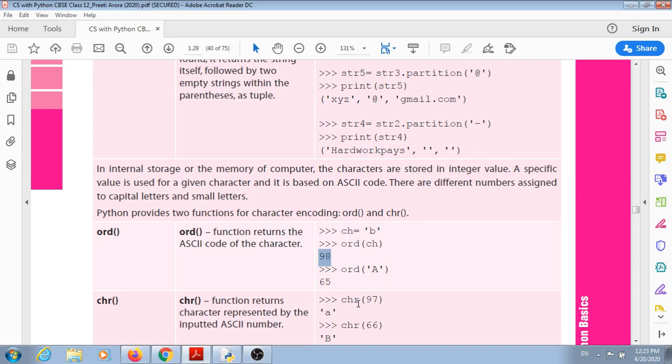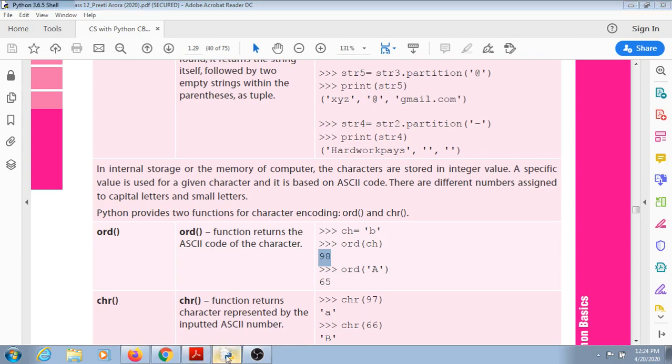So we studied in class 11 that for capital letters, this ASCII indexing starts from 65 to 90. There are 26 uppercase letters, and the equivalent ASCII codes for those characters run from 65 to 90.